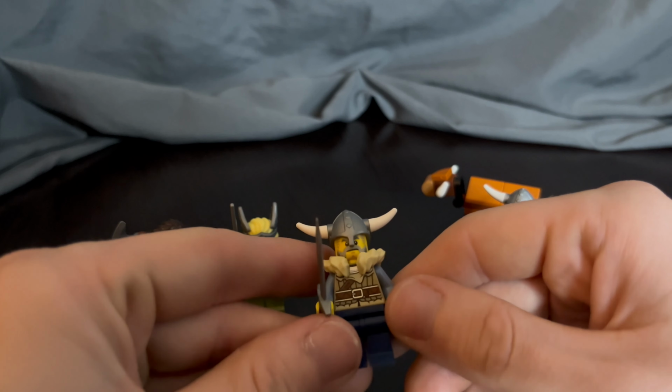Has another tan bluish body print, which is double printed as well, and nice dark navy blue pants, no printing on it. And this time he has a lovely sword, which I really love and think is a great accessory. On this side here we have our two females, one with the wonderful Valkyrie tile headpiece and